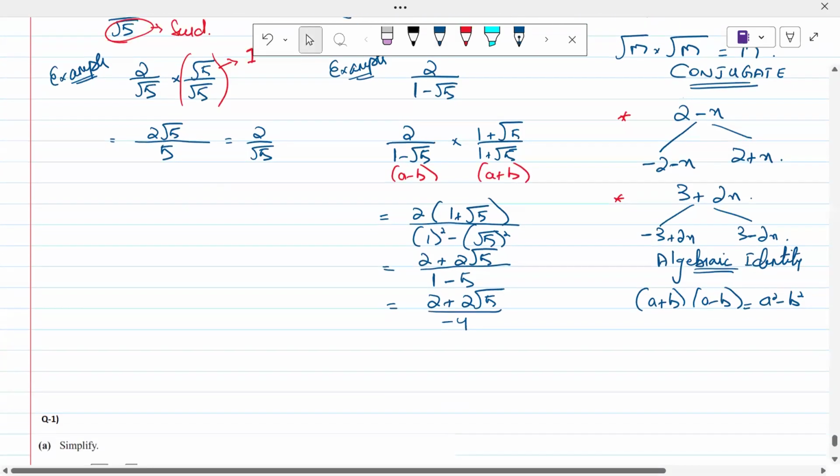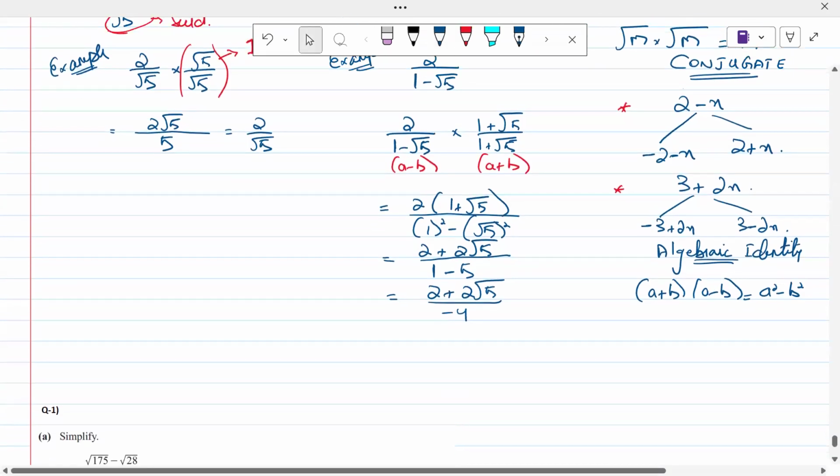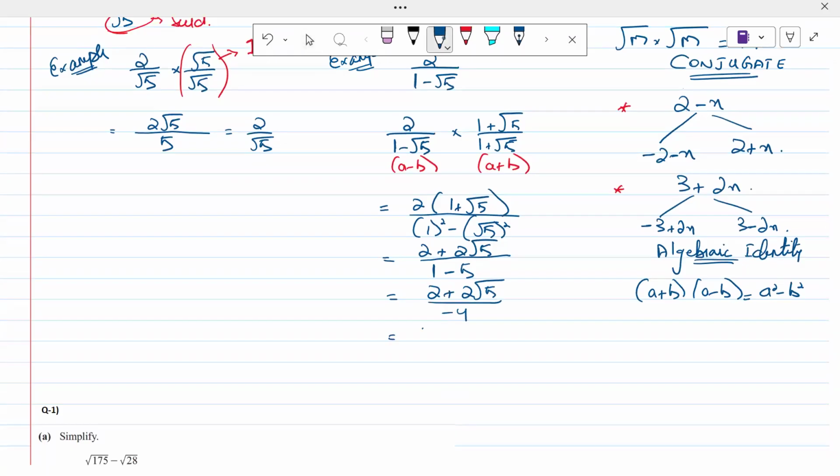How can this be simplified? In the numerator, we can take 2 as common. So when you take 2 common, for the first term, you are left with 1. For the second term, when 2 is taken common, you are left with only root 5, divided by minus 4. So 2 ones are 2, 2 twos are minus 4. And that would give us the answer as